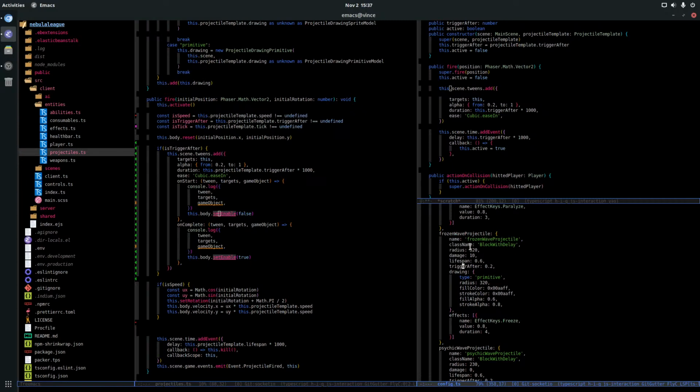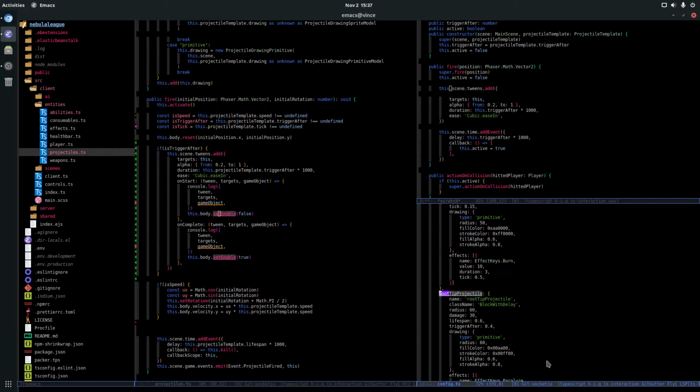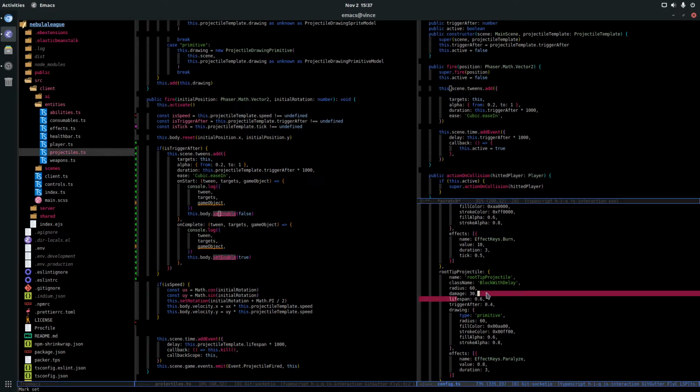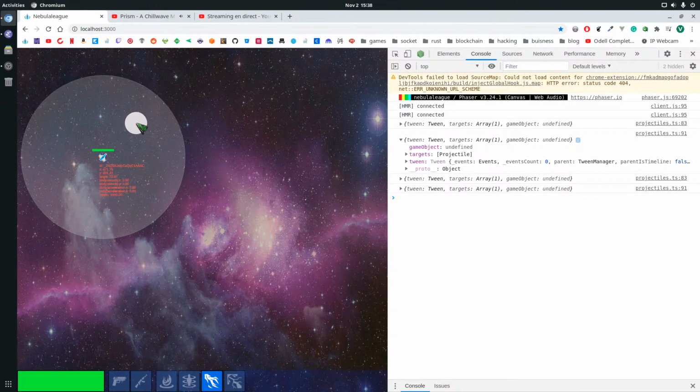Just like my radius, I repeat it, but it's not a big deal. So okay, my root. I have trigger after and lifespan. It's alive for like 0.2 seconds. Yeah, it's enough to deal damage.